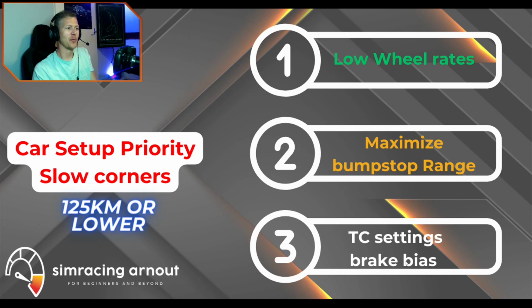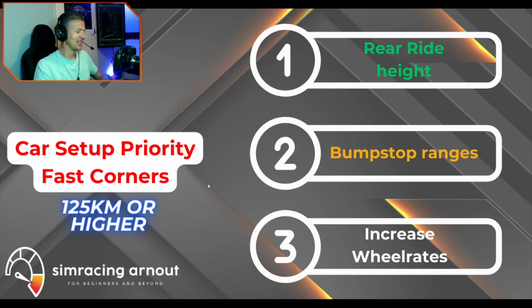So let's say I want to use the lowest brake bias possible, but if that means we need to run maximum wheel rates on the front, I don't really feel that brake bias is important in this matter. So low wheel rates, first priority, but you get the idea. What about fast corners? You're going to have to test this out, but